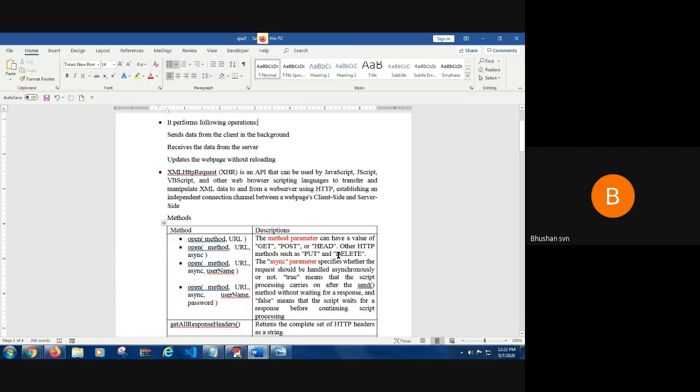Okay. So when the request is being sent from the client or from the browser, either you have to use the get method or the post method. In the get method, whatever you pass in the URL is visible. In the post method, it is not visible. You know the typical difference between using the get and post method.